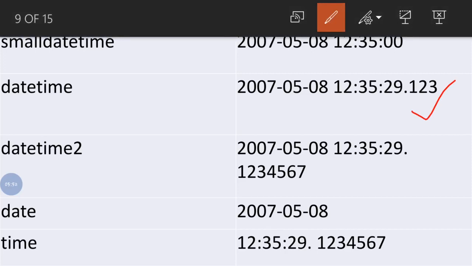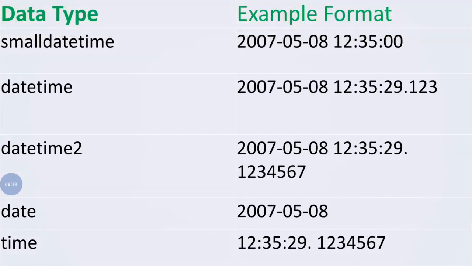And datetime2 is also a different one. So each and every data type will have a different look. When you use that particular data type, you will have a different look in your table. And if you use the date data type alone, you will have a date alone like this. First it will be year, then month, then date. Likewise you will get the time as well. Here you are able to get microseconds also. Okay, so this is the difference between the types of date and time data types. Now we will see the next one.